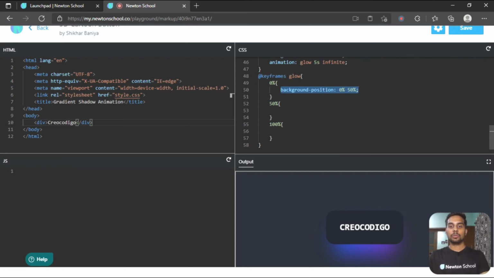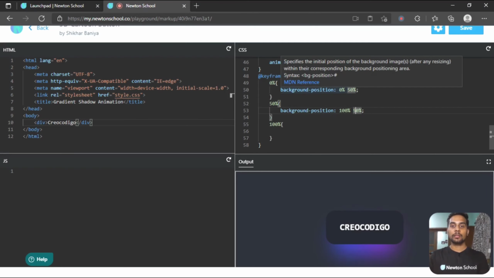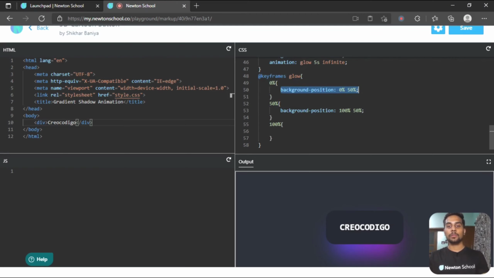I want it to get changed halfway. 50% is halfway through your animation: 0 to 50% is half, 50 to 100% is half. So at 50% I want it to change the x-axis to 100% and this will be 50%, and again when it reaches the end of the animation I want it to come back to its original place. Like this.